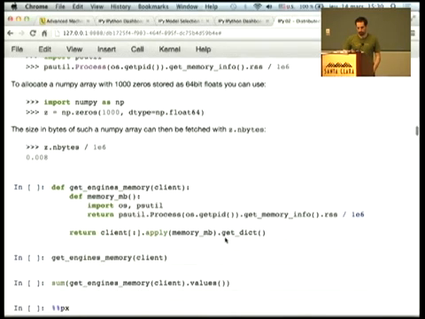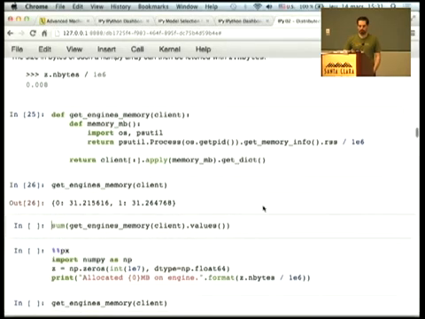So here I will do an example where I will write a function that takes a client as an argument and will define another function nested that will be run in parallel and will collect the memory in megabytes used by the process, the IPython process of the engine. So I just apply this on all the engines of my cluster and fetch the result using get_dict and call